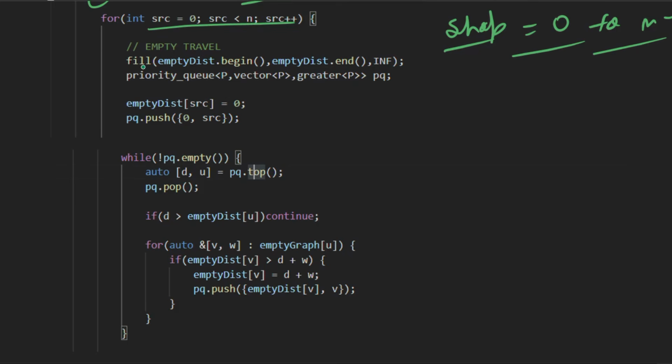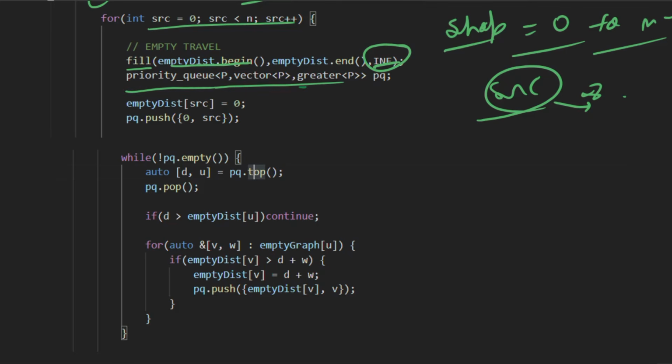Then we fill our array with infinite. Initially the distance from the source node to other nodes is infinite, right? Then we declare our priority queue, and the distance of source with itself is 0, and we push the source node in the priority queue.